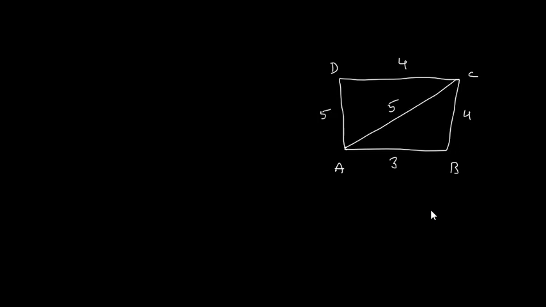Now I have to find area of this ABCD quadrilateral. Area of this quadrilateral ABCD is area of triangle ABC plus area of triangle ADC. So I will take two triangles. Using Heron's formula for triangle ABC, your value of S, you can take this as S1 because two triangles are there. S1 is equal to 3 plus 4 plus 5 divided by 2. So 5 plus 4, 9, 9 plus 3, 12. 12 divided by 2 is 6.